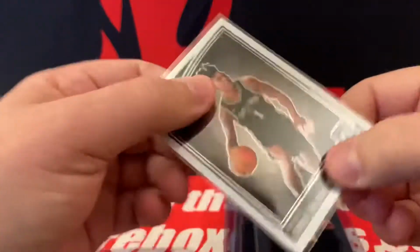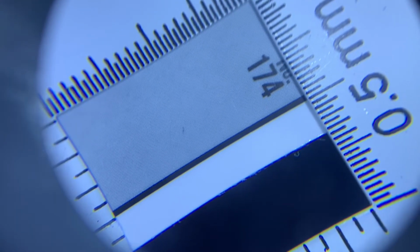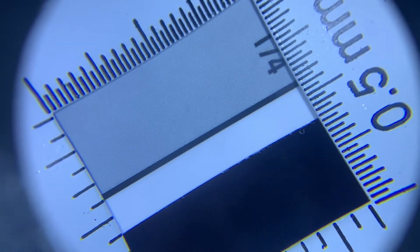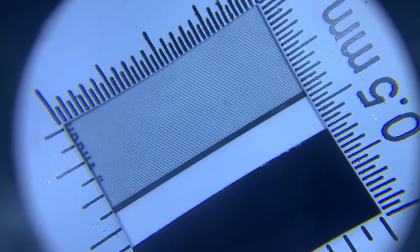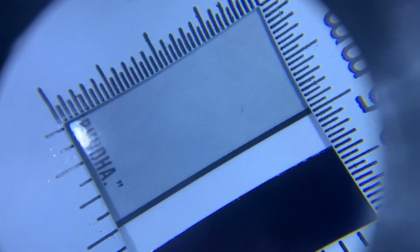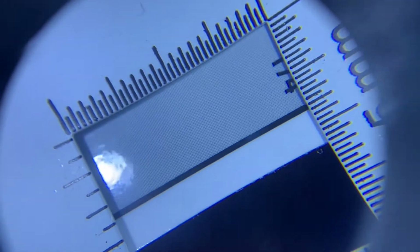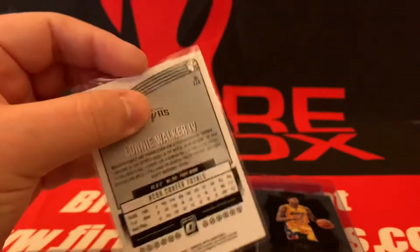Now this one, I believe, was a, so you see that little black speck. Okay, this is another thing that sometimes happens. Little black speck right there. That's underneath the gloss, okay? If you know Optic, you know how these cards work. You know there's like a glossy coating on the card. That's underneath the gloss. It's like a fiber